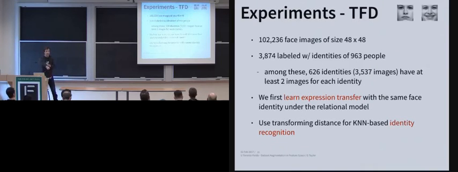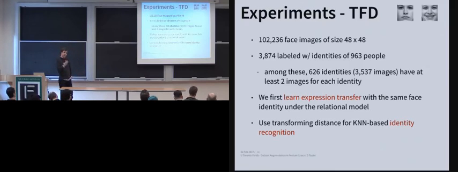Okay, so we've evaluated this idea on two data sets. The first domain is the Toronto face data set. Typically this data set is used for facial expression recognition, but we actually did KNN-based identity recognition. So the idea is, think about you start work at a new company, they take a picture of your face on day one, and now you're going to come back wearing different clothes, you're going to have a different facial expression, and they're going to do a biometric type of test to match you versus the database of everybody whose picture they've taken.